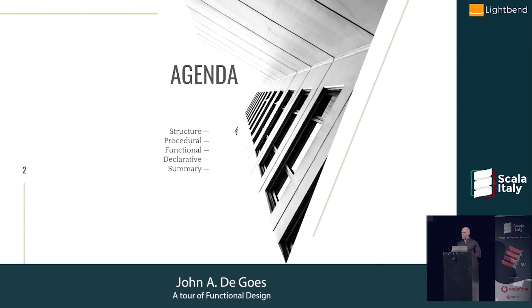And then finally, the most important part of this talk is going to be that final section where we look at the functional one and we say, well, you know, there's some good stuff about this, but are we truly leveraging 100% of the power that functional programming gives us? Or is there some way we can do better? And then I'll talk a little bit about how we can shift our design more from functional imperative to functional declarative and learn something about the process of design as we go. And then finally, I'll wrap up with a summary.